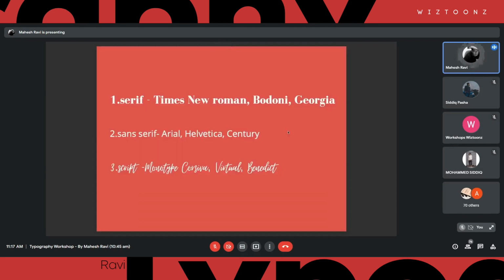When you come to typefaces, there are three main types: serif, sans serif, and script. There are so many other typefaces as well, like display, decorative, and things like that, but we will not look at that right now. Serif typefaces are like this, sans serif is like this, script is like this. If you quickly look at these typefaces, the difference is very simple. A serif typeface will have the tails that we spoke about earlier. These tails are called serifs. And you can see there is a tail everywhere.